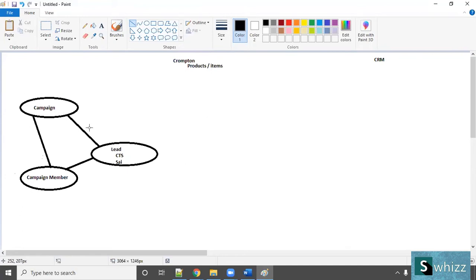Campaign member is related to this one and this one. This is a campaign. If I see this campaign, I want to identify how many leads came into the picture, how many persons are interested. How can I know? If I go and observe this campaign's members, I can see how many persons showed interest. Now, you understood what a campaign member is? The lead, the person who is using my campaign, becomes a campaign member. If I open a campaign, I can see the many campaign members. Those are the persons who came and are taking my business. Clear?